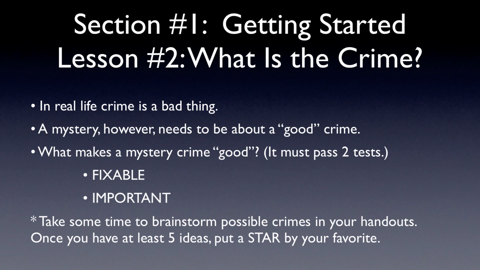So in my mind, there's only one kind of fixable crime. And when talking to kids, I suggest that there's really only one type of crime they want to have in their mystery, and that's a theft. And in a theft, that means something gets stolen. Now, when something gets stolen, the crime solver tries to find it by the end of the story, and if he or she does, then everything is as good as new at the end. So there's no lasting damage if something is stolen and then it's found in the same condition it was at the beginning of the story.